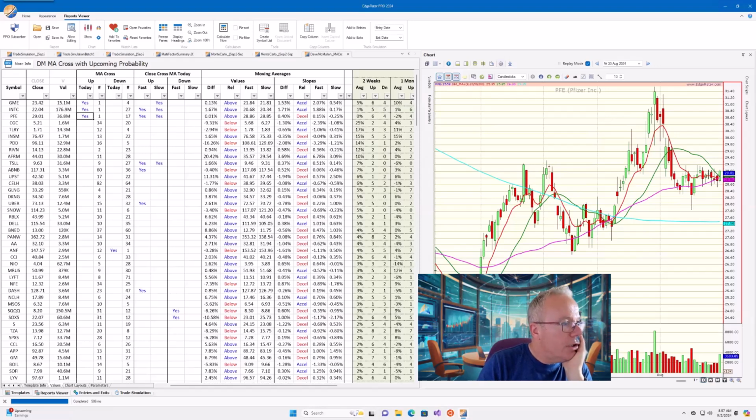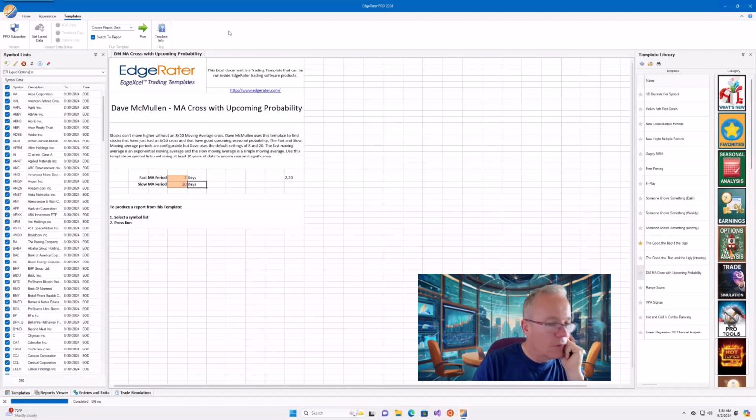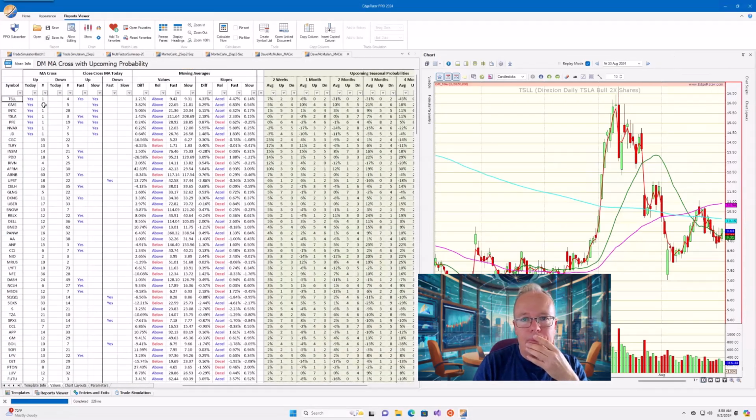So Dave's saying, show the, yep, input 220. Okay. So let's have a look. Change the cross to 220 rather than 820. I think that's what you're saying. Look at 2 and 20. Fast period 2, slow period 20. Okay. Take a look at that. Is that what you're asking me, Dave? Sorry if I'm not getting that.